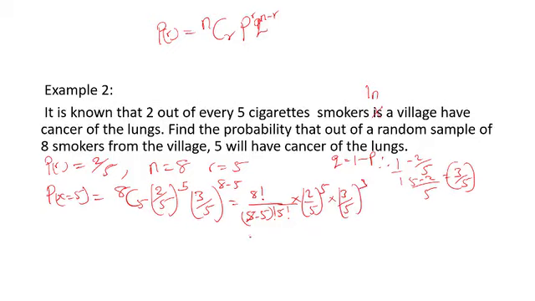So our answer now is 56 times 32 over 3125, times 27 over 5 cubed, which is 125. So our final value is now